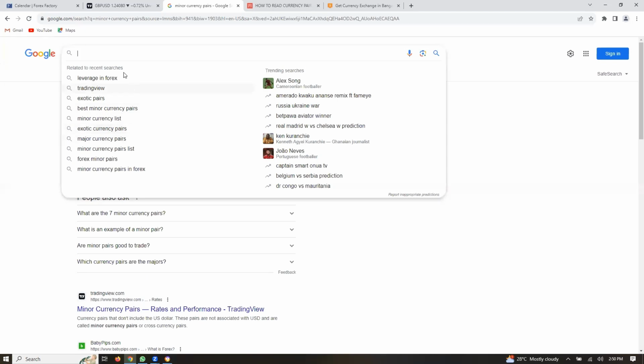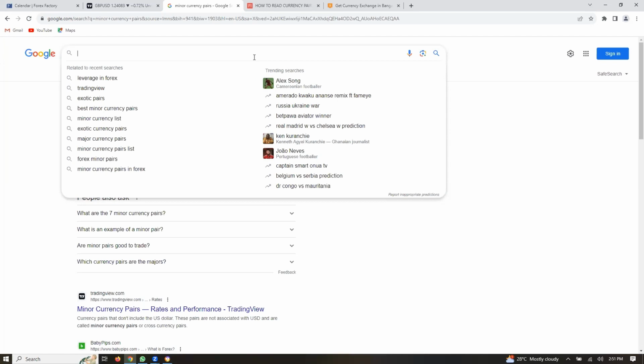There are other financial markets where you only make profit when the market is pushing up. For instance, stocks. We only make profit in the stock market when a company is gaining value or appreciating in value. That's when you can make profits. But in the Forex market, whether the market is going down or up, whether bulls are in control of the market or the bears are in control of the market, you can equally make profits.